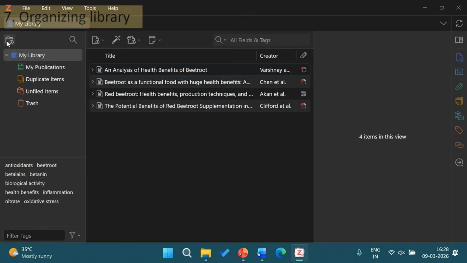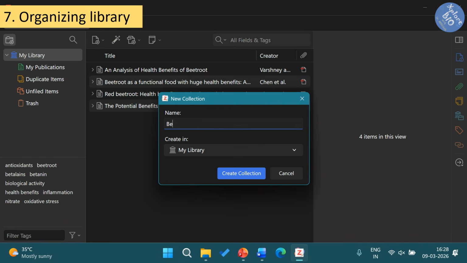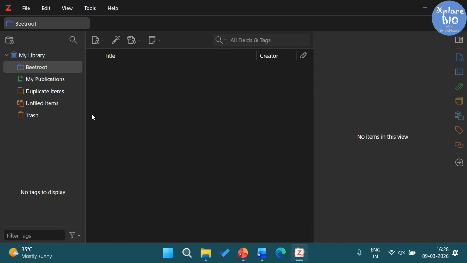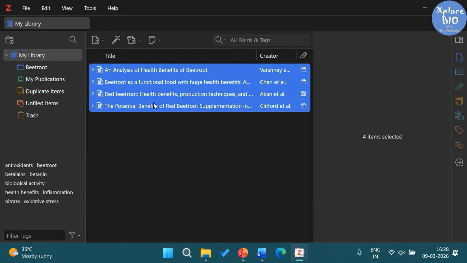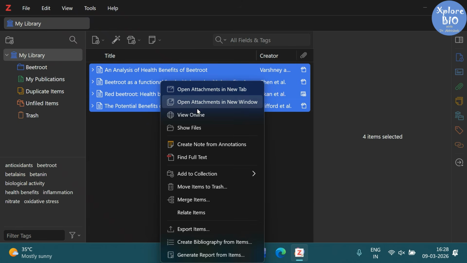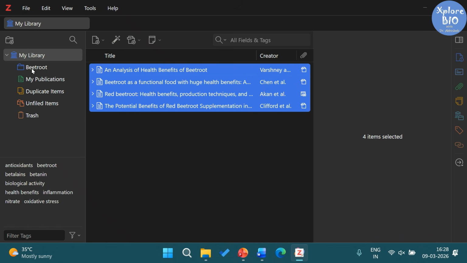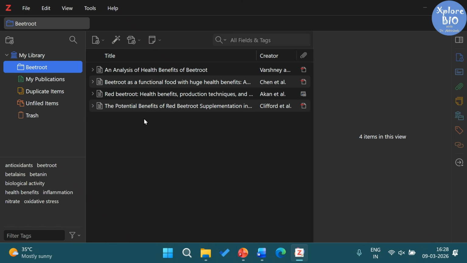If you are working on multiple projects, you can create separate collections of papers for better organization. Here I am creating a separate collection for beetroot. You can select one or more papers from the library and add them to a specific folder to keep things organized. Your main library will still contain all the papers from all the collections, and a specific collection will show